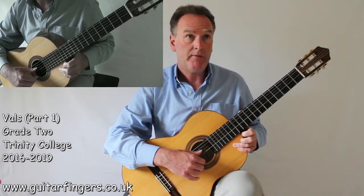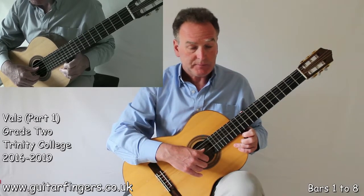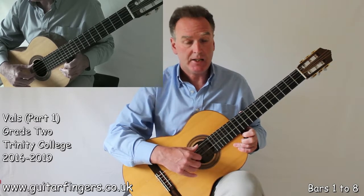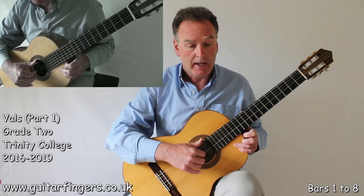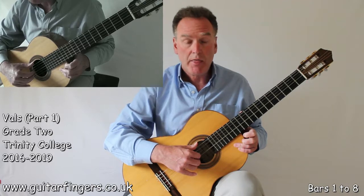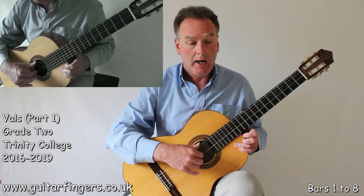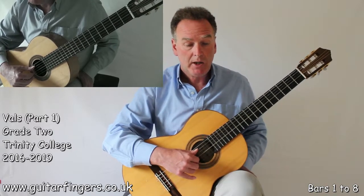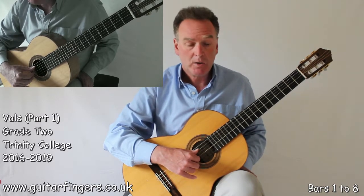on string 4. So straight away let's have a little look at this song. One of the most interesting features of this song to me is actually the development of playing across the strings with the right hand. We're playing right-handed here, so I'm just going to have a look at that point first. So I'm actually going to look at bar 2 first, and I'm just going to do a little exercise to help us understand how to cope with bars 2, 3 and 4 and other bars that are quite similar to